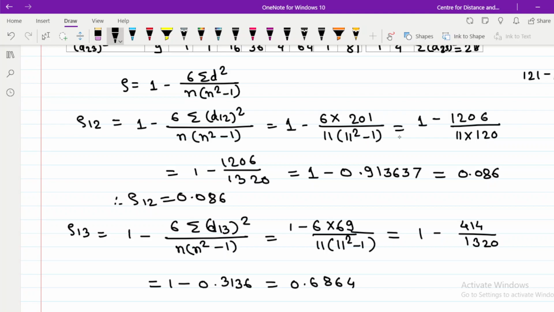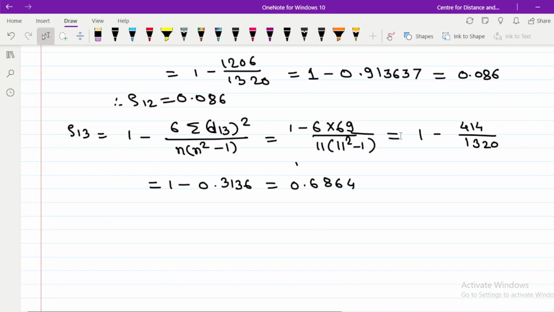Again, in the book on page number 86, the value of r13 is typed minus 0.6863, but here the value is 0.6864, plus 0.6864. Then we calculate rho 23, 1 minus 6 into summation